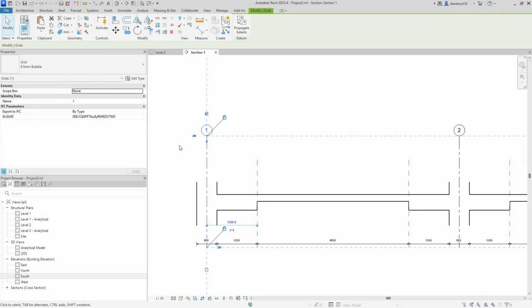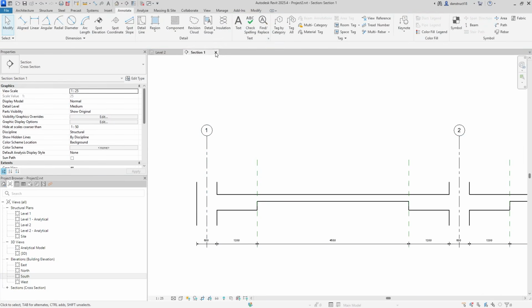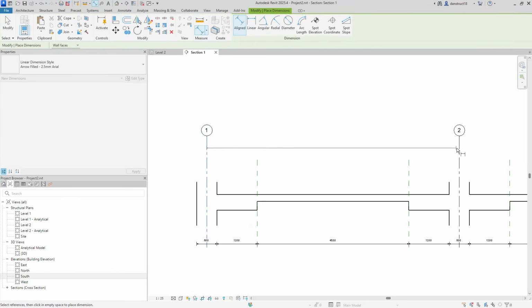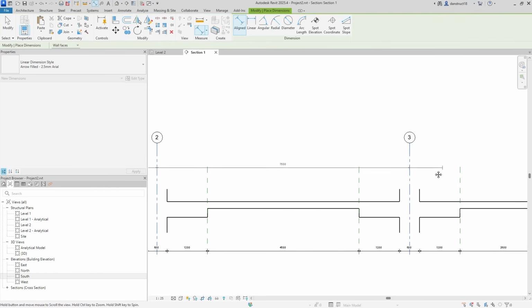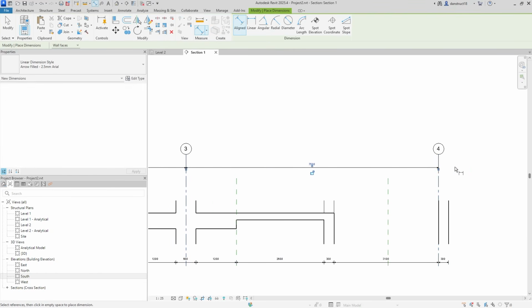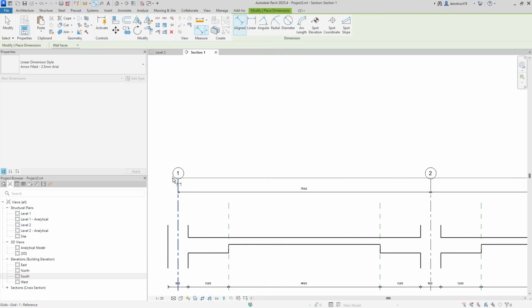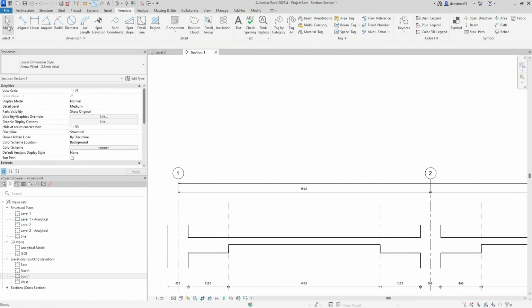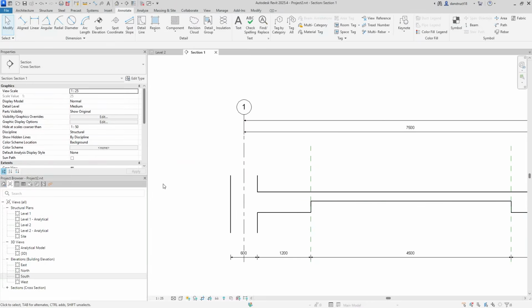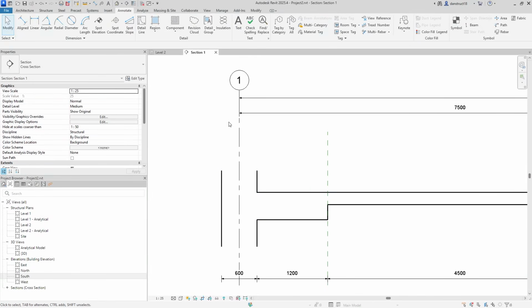So I'll click here, and that will be for the grid lines. I'm just going to come back here to Aligned, click here, click here, click here, and I'll click here. Then I'll add the full span as well. Alright, good. Great. Now I want to show the break line for the columns here, so I can come to